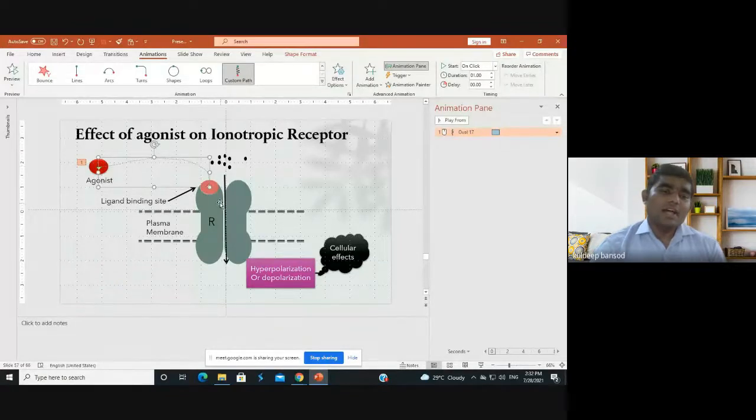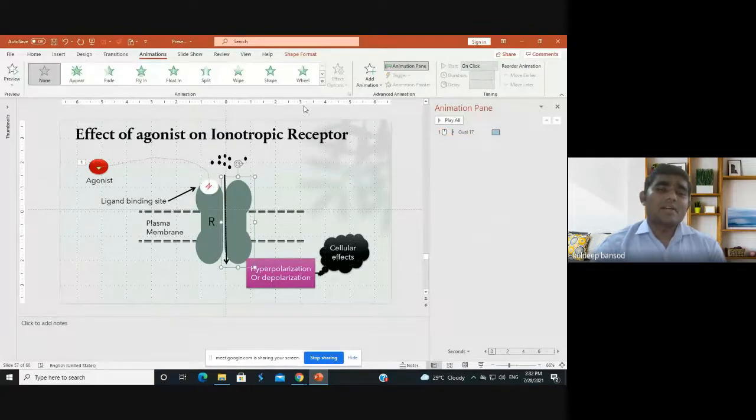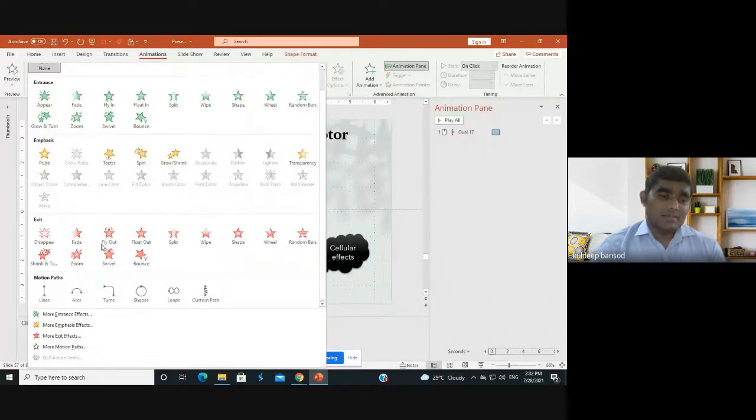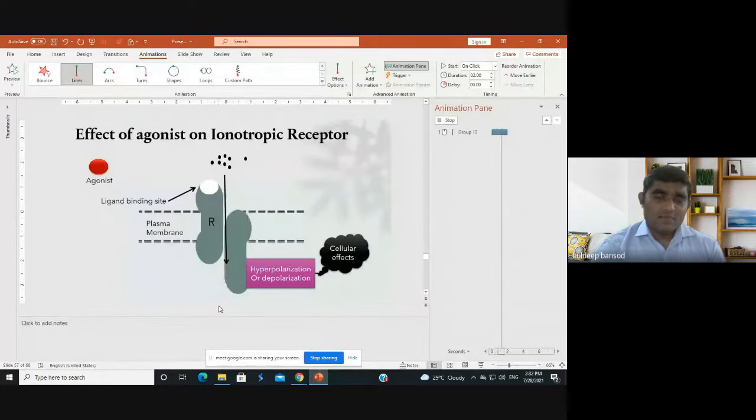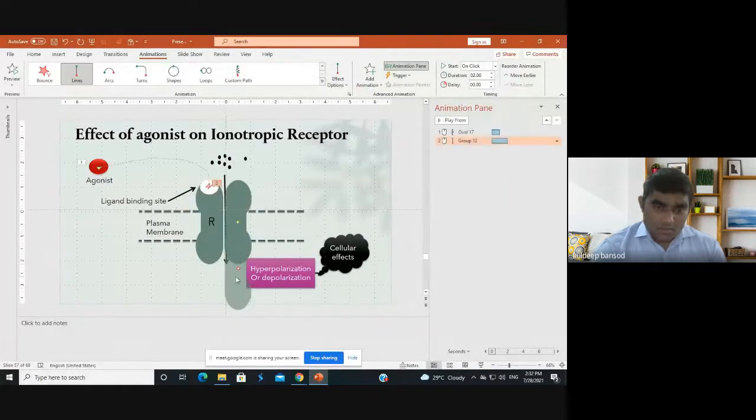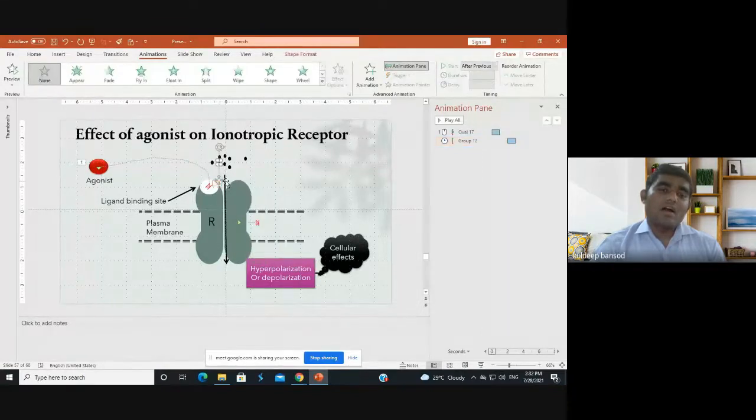Now, after the agonist comes, what happens? The receptor will move. Select the receptor's one head, and select the line. By default, it goes downward. You have to move it toward the right. Make it 1 second, set it to happen after the previous one, and give a delay of 1 second. Once the receptor opens, these ions